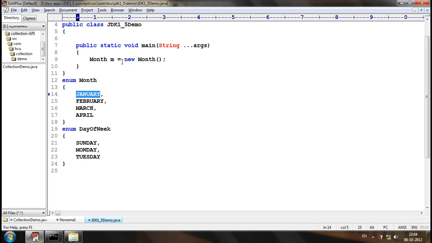Creation of enum objects using the new operator is not possible. Enum objects are fixed, and each and every enum constant will act as an enum object.